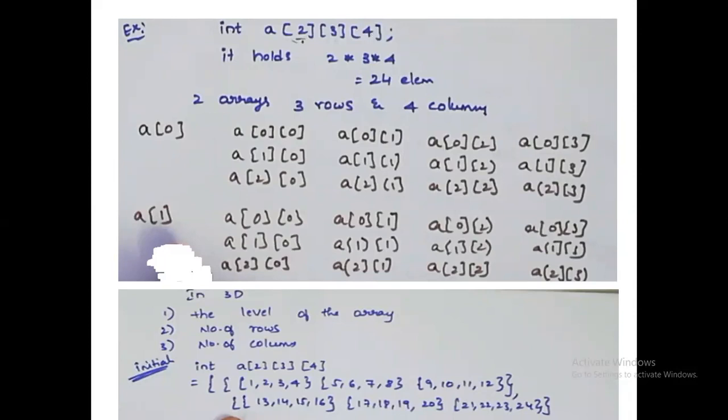In the middle one, 3. That is what we call the 3 indexes are there. 2, 3. 3 indices means I will be starting at 0 and I will be ending with 2. So you can see here 0, 1, 2. So a of 2 is 0, 2, 1, 2, 2, 2, 3. So in this way, I will be initializing the first part. Next part is a of 1. Previously I told 2 indices are there. A of 2 means a of 0 and a of 1. In the a of 1 also, I will be initializing in this manner.